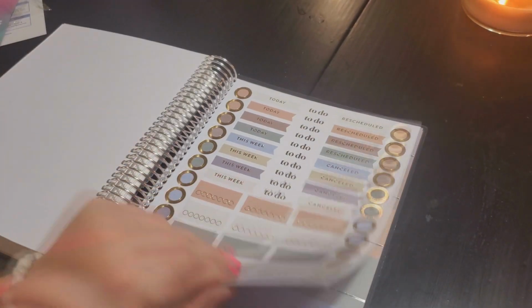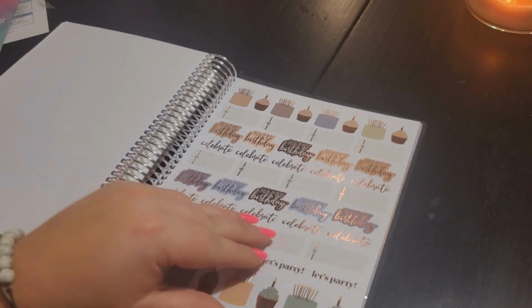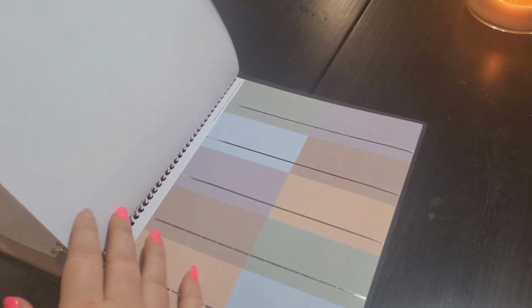I love the little foil colors. I like the color palette that they chose. So these are all of the stickers here. Little label ones, little foil, and then in the back there is the pocket here, and as always there is